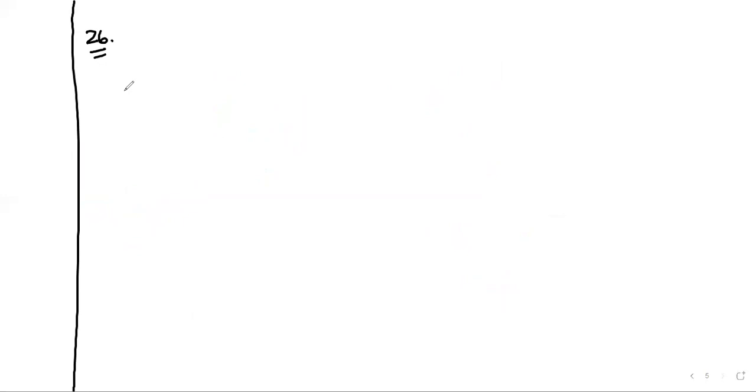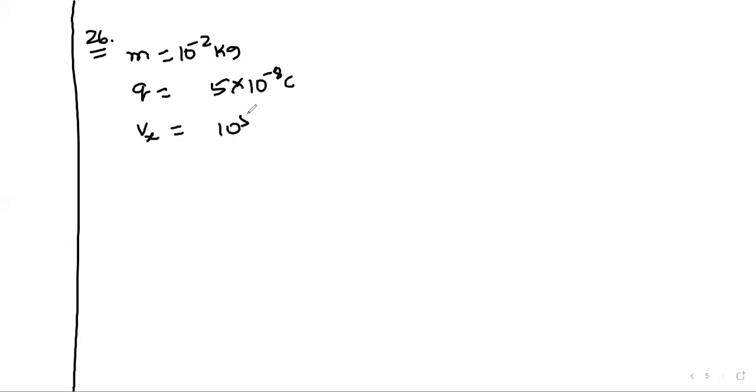Question number 26: a particle having a mass 10 power minus 2 kg carries a charge Q equal to 5 times 10 power minus 8 coulomb. The particle is given a horizontal velocity, suppose I will keep it as Vx, 10 power 5 meter per second, in the presence of an electric field and a magnetic field, and to keep the particle moving in the horizontal direction,